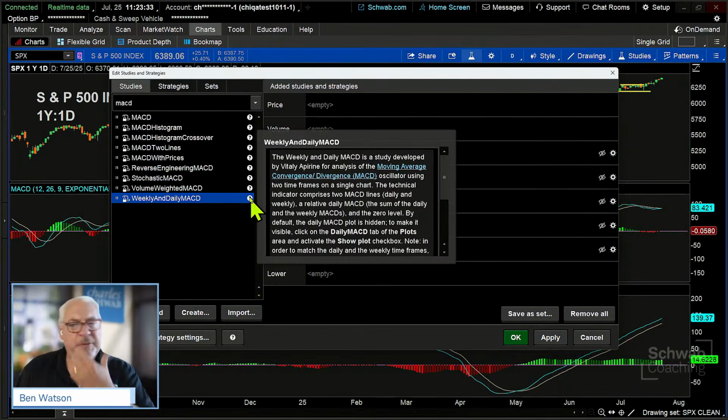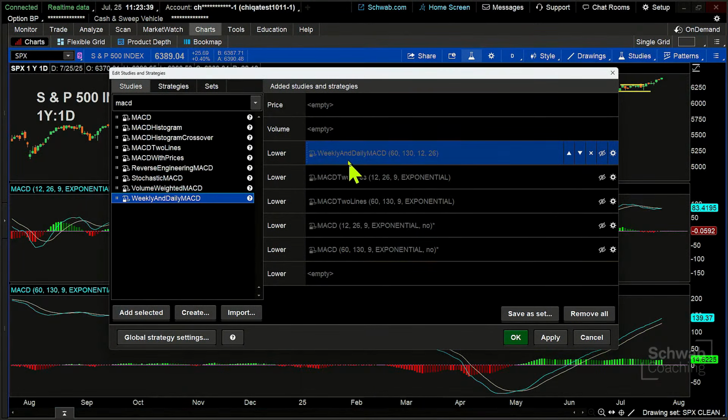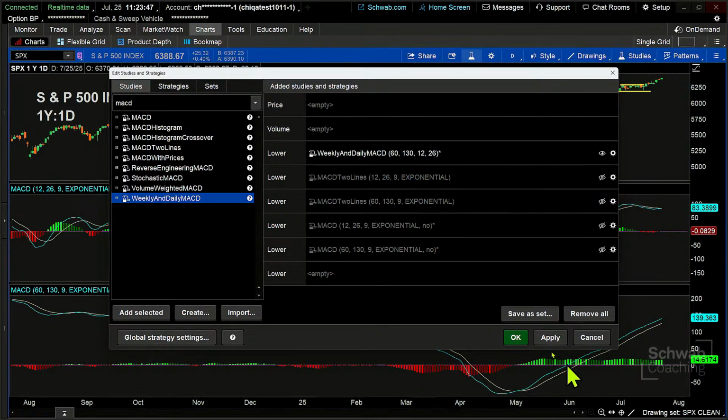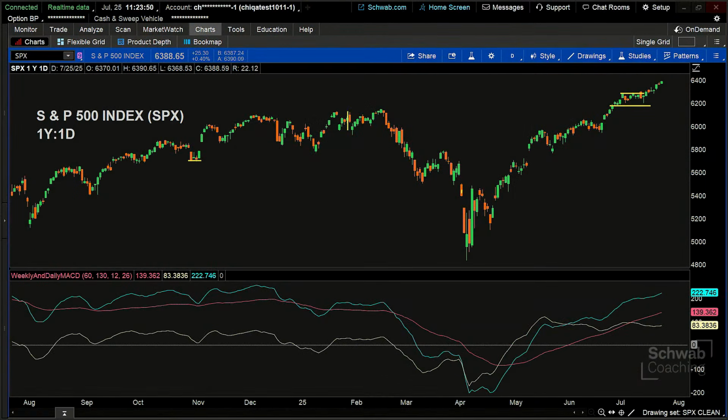So I've already got that combination built. I already put it on this chart. I'm just going to click right here, and I've got the weekly and daily MACD on this chart. So I'm going to open up the eyeball for that weekly and daily MACD view, and click on apply and OK. Now, it doesn't have the histogram, which is fine. I'm OK with that because that histogram disparity in this case is maybe not as important to me as the information that I'm getting right here.